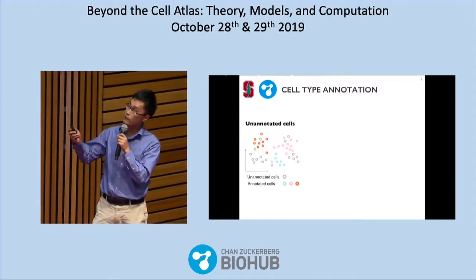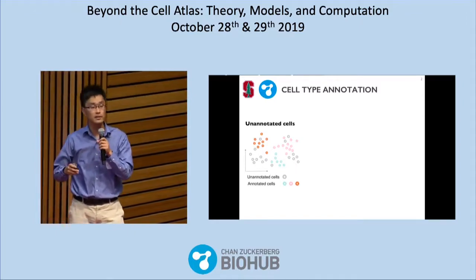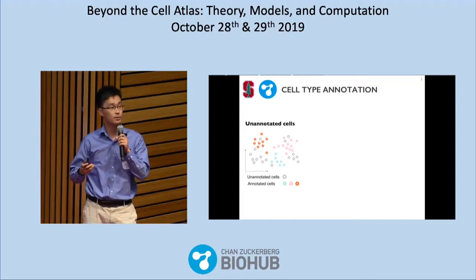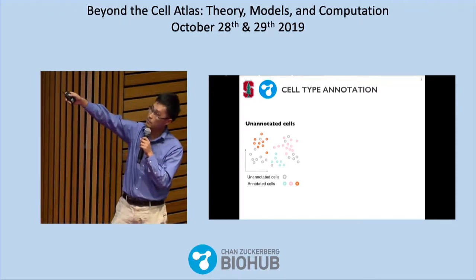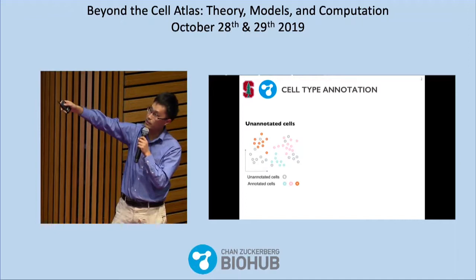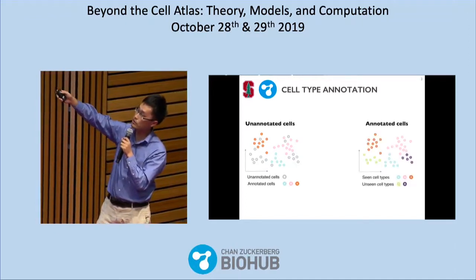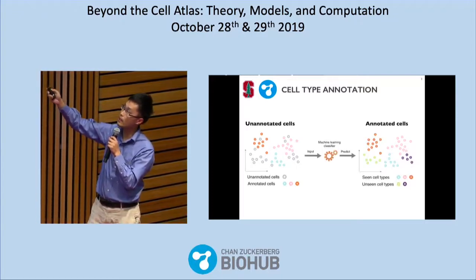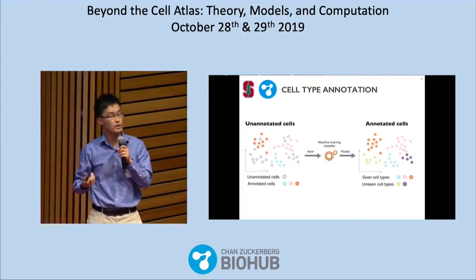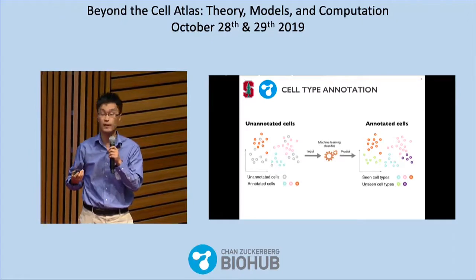So this is the setting of our problem. We want to annotate single-cell cell type based on the gene expression profile. And here we have some cells. Most of them are annotated, and remaining ones are not annotated. And we try to know the cell type for those cells based on their gene expression. And this can be modeled by a machine learning model, for example, a multi-label classifier.